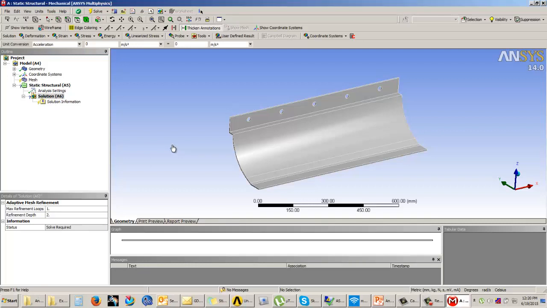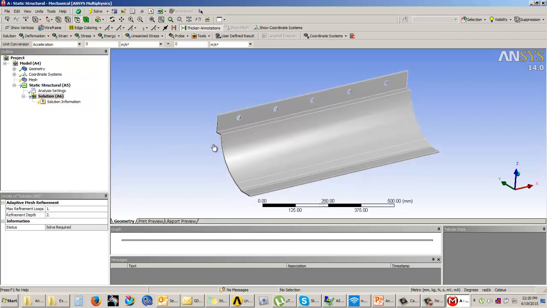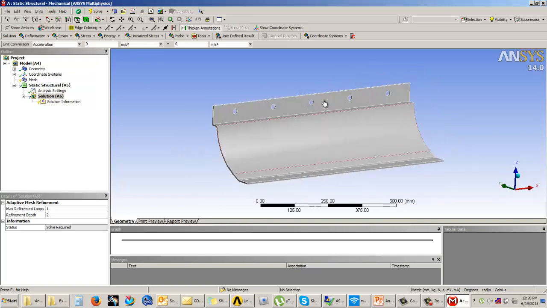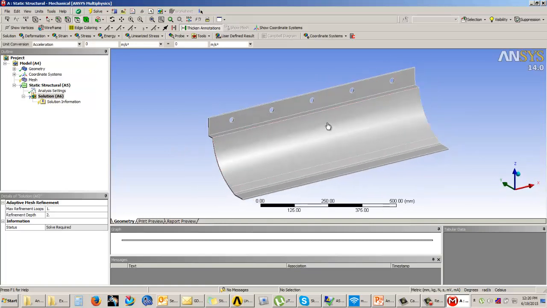Okay, now that we've understood the graphical user interface of meshing, now let us understand how to perform a mesh, or how to generate a mesh in the mechanical window. So now this is the model that we are supposed to mesh. Now for generating the default mesh,